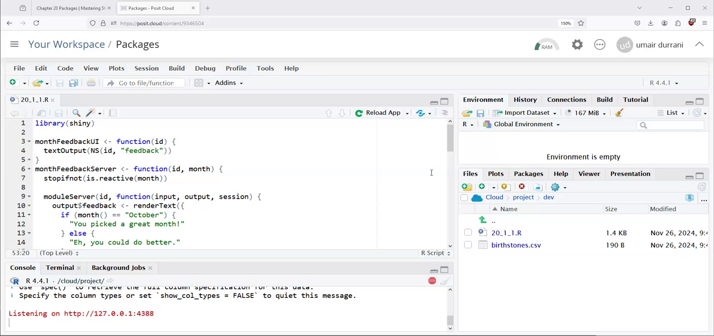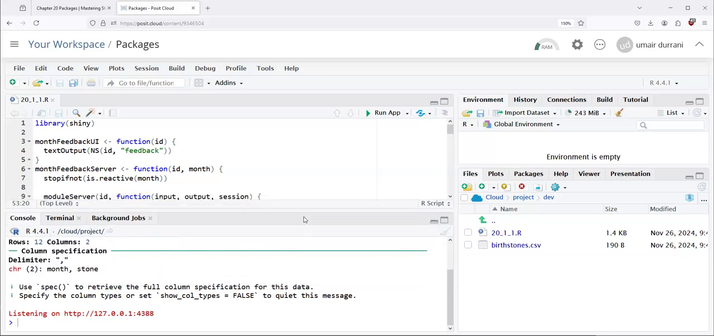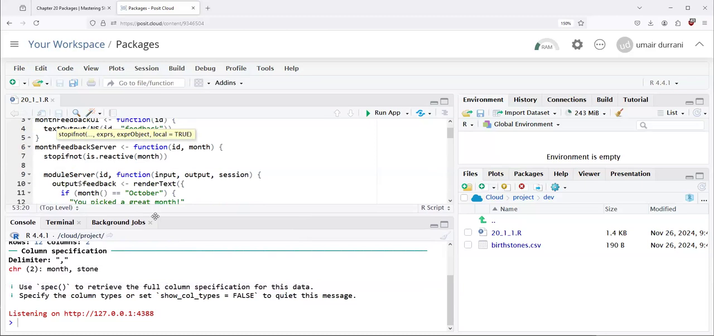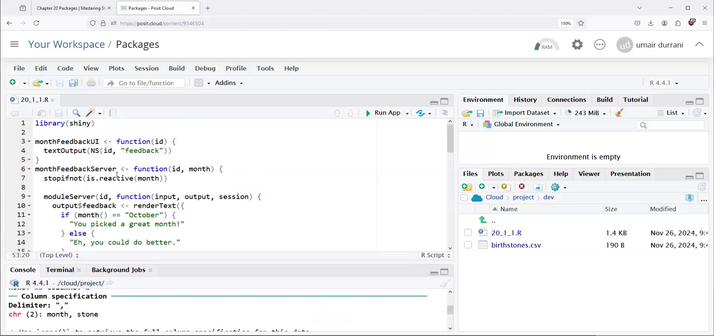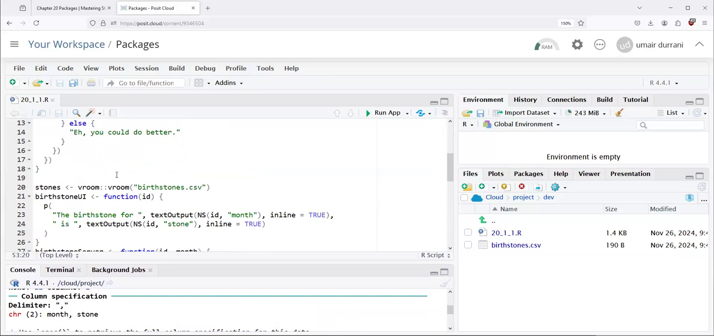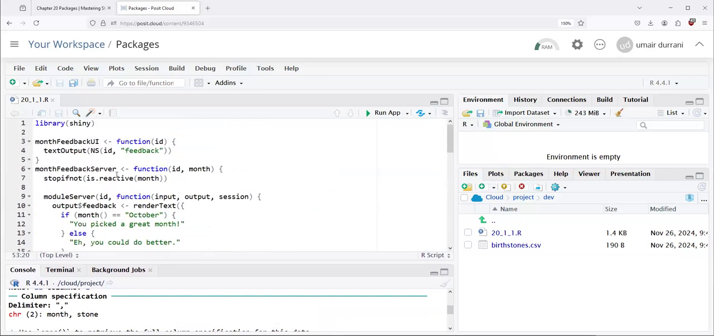It's a very simple app, and we can convert this into a package. This app uses modules, which was the topic of discussion in the previous two weeks. If you look at it, here is the first module that we're using. It actually uses just two modules here. The first one is monthFeedbackUI. This is for the second tab in our app, where the UI contains only a text output